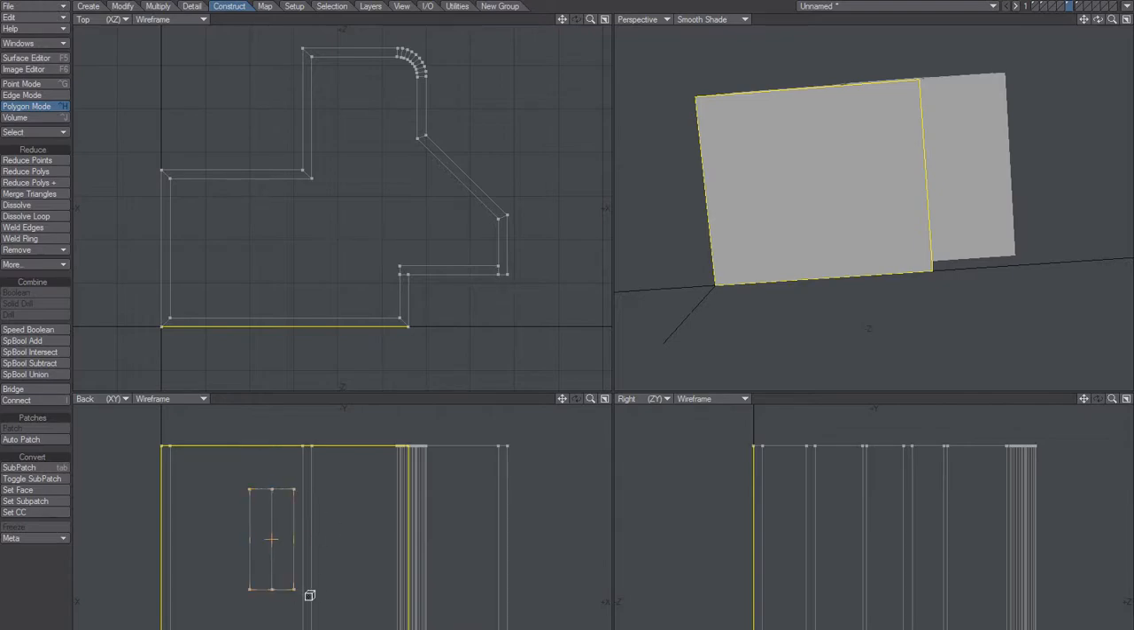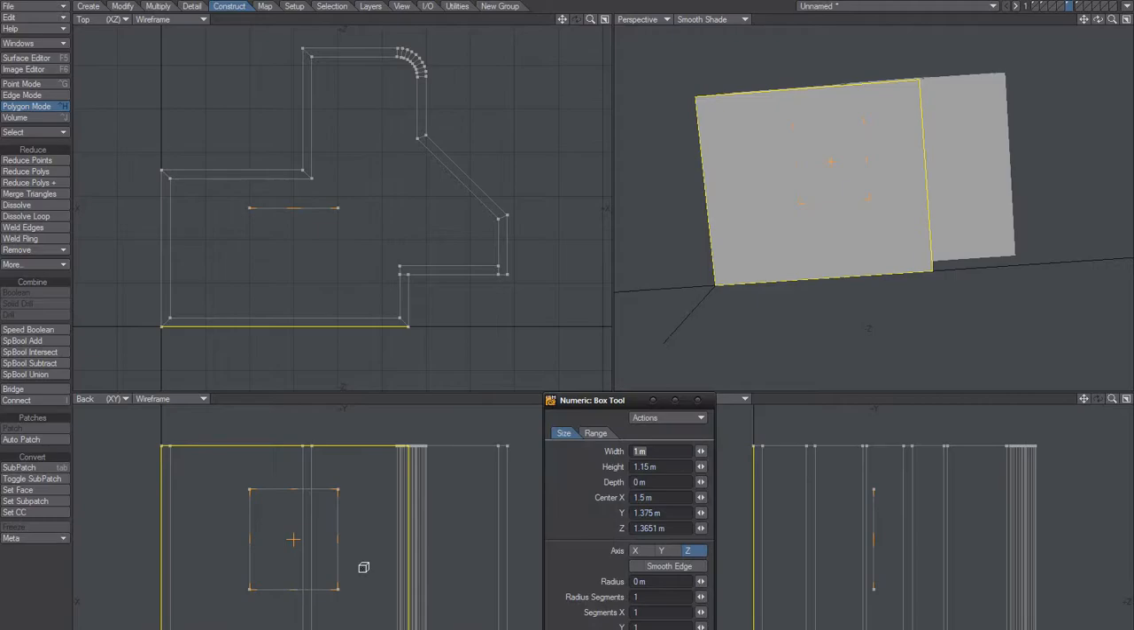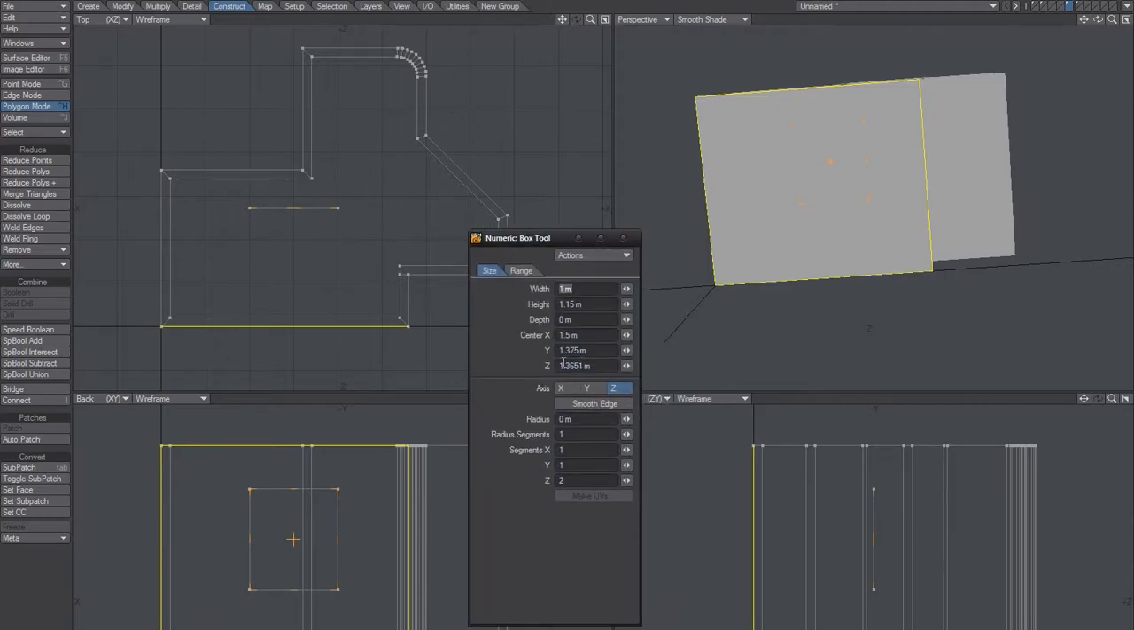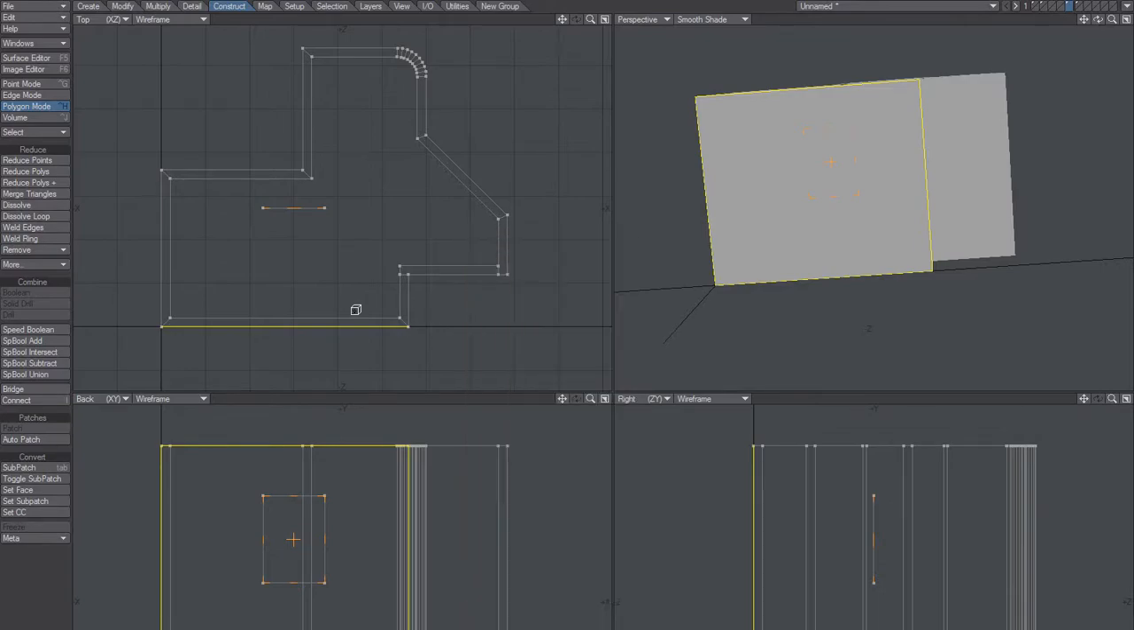I guess one easy way to add a window is just to bring this up, type in the width and height. 1 meter should be good. The width could be, I don't know. I have no idea what the size of a window is. And I